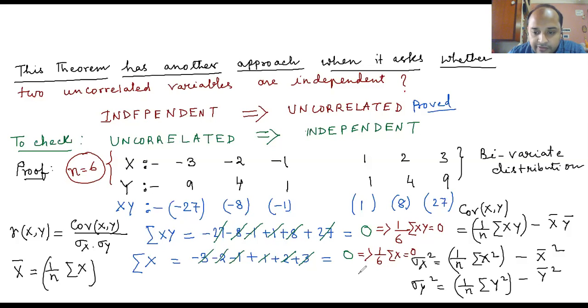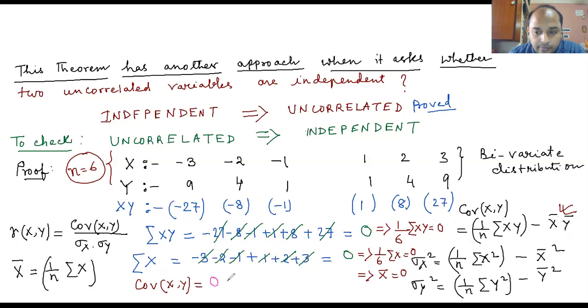And when we divide this summation by 6, that is actually your x bar. So what we are getting for the covariance xy, look at the formula of covariance xy. It is 1 by n summation xy minus x bar into y bar. So from here, actually we are getting